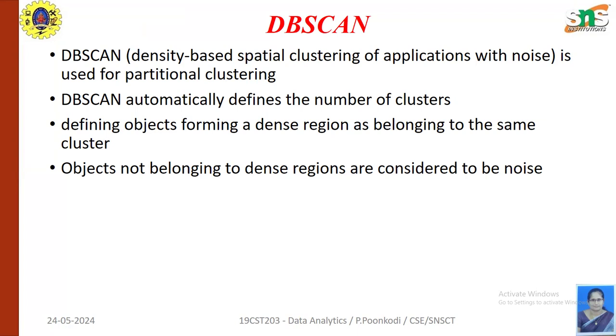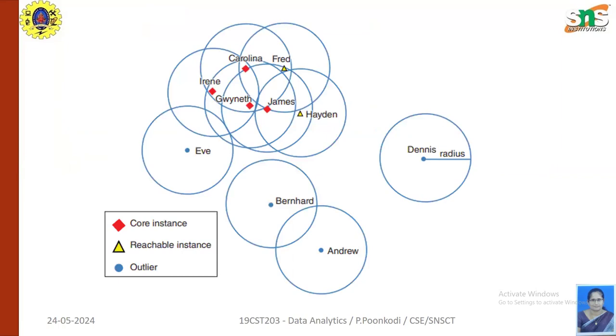A core instance P is an instance that directly reaches a minimum number of other instances. The minimum number of instances is calculated based on the hyperparameters. And the hyperparameters are considered only if the particular object is directly reachable. For example, if instance Q has the lowest distance from P, then that is predefined with